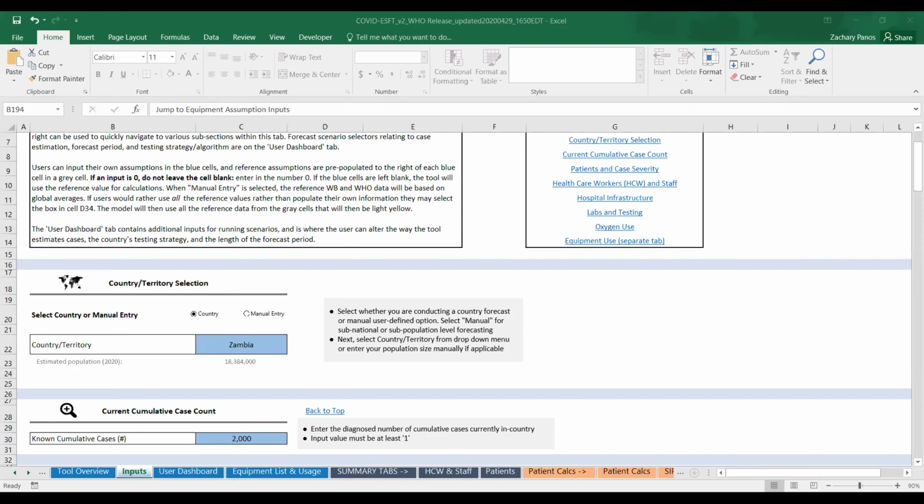But because of how fluid the nature is, any very long-term projections become very difficult to use in a meaningful way. So in short, we would recommend using this tool for shorter time periods. However, there could be need for longer periods of time into the future to keep thinking about how we can continue forecasting supply needs for fighting COVID-19.